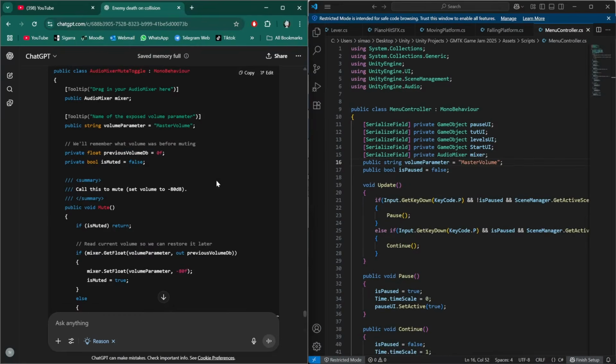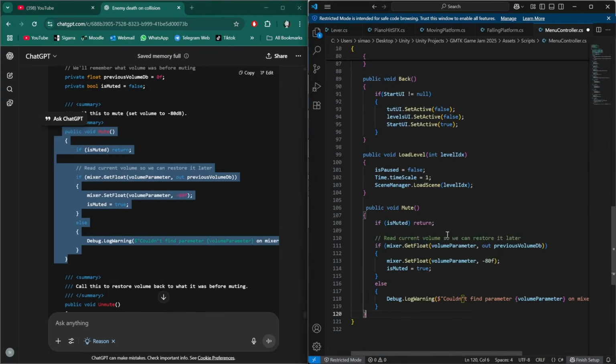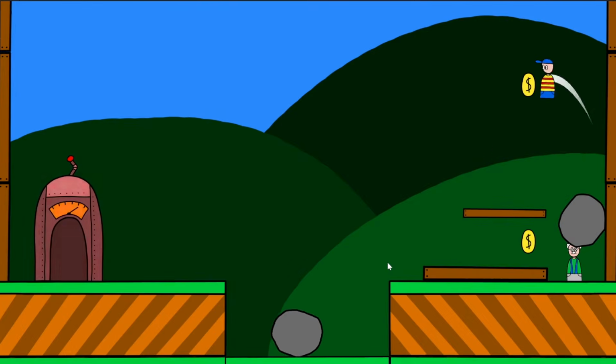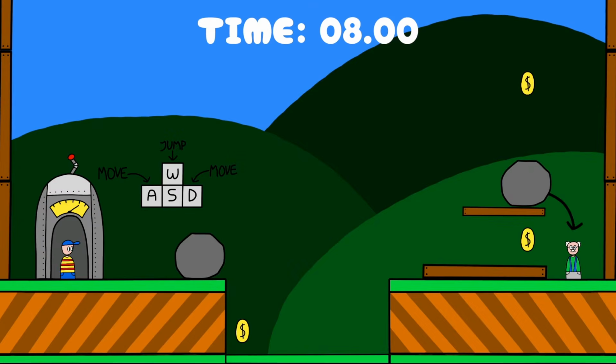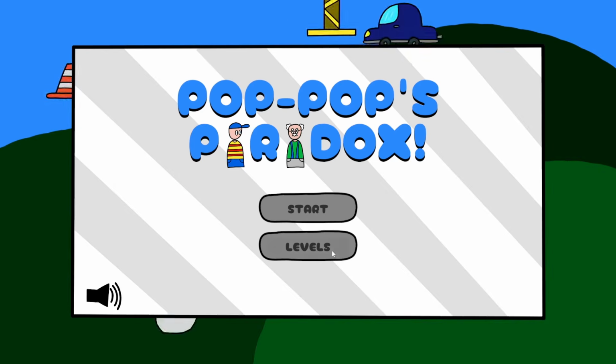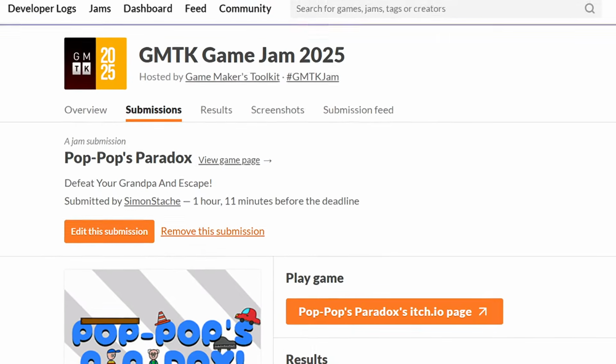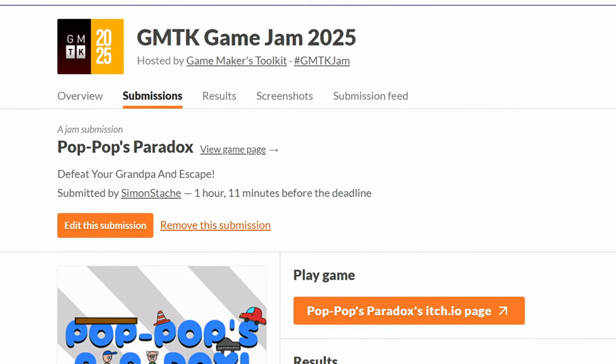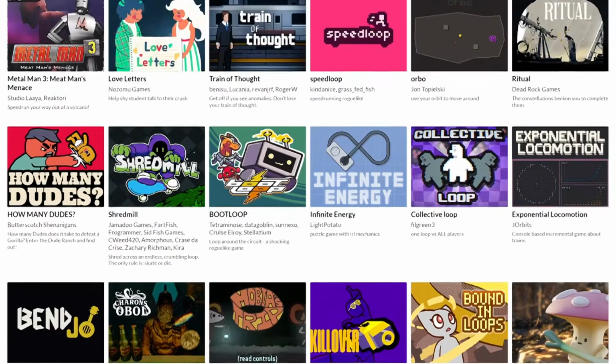Now on the final day, I still did 2 more levels, but I don't want to spoil them, go give it a try. I also polished the game a bit after receiving some feedback. I tweaked the wall jump and the player's collider, I added a few more sound effects and a mute button to the game, and made a level select screen. And with a bit over an hour to spare, I submitted the game on itch.io and started playing other submissions.